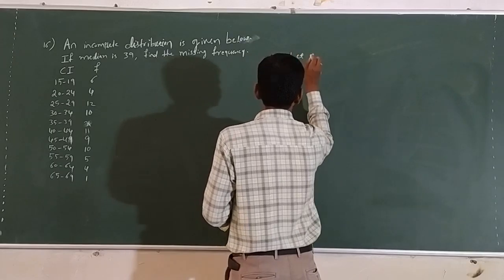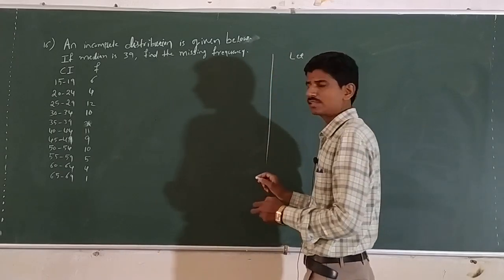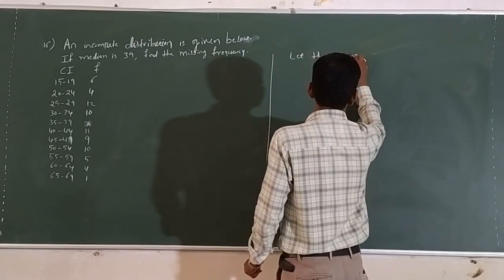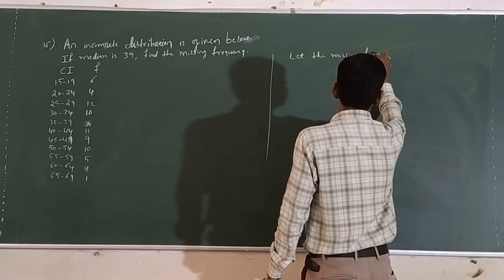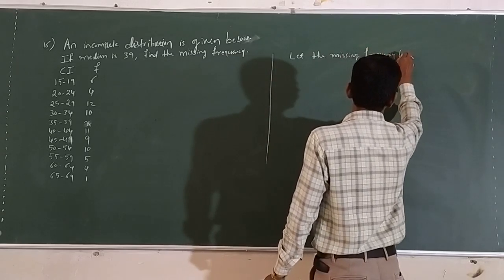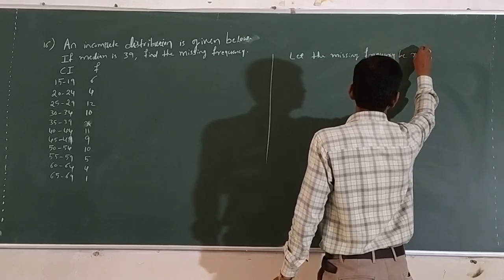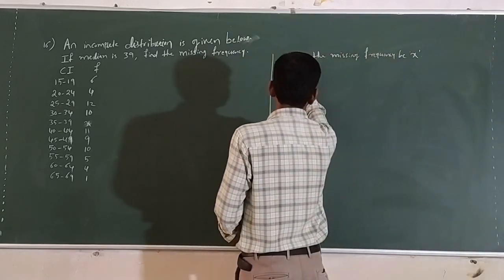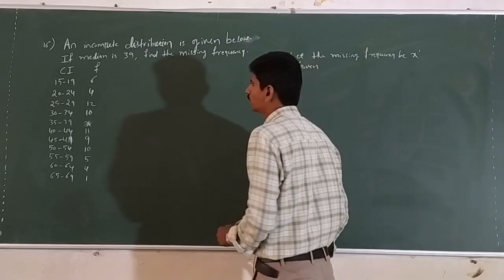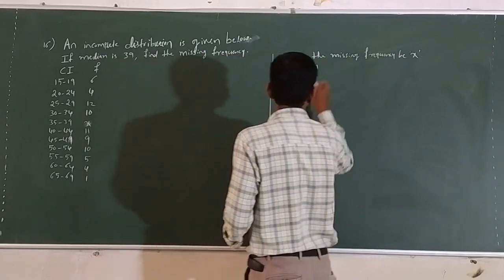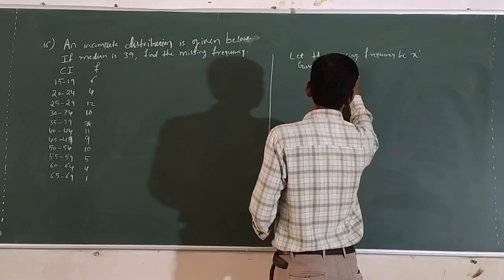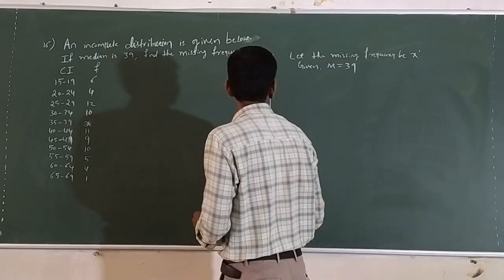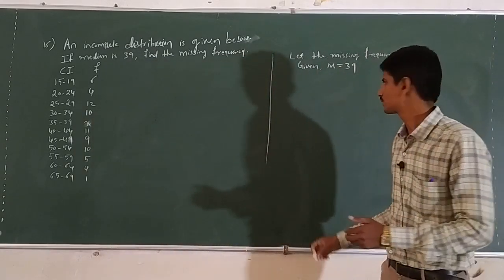Solution: let the missing frequency be x. Here it is given that the median is 39, M equal to 39, and we want the median class. Here the median class is